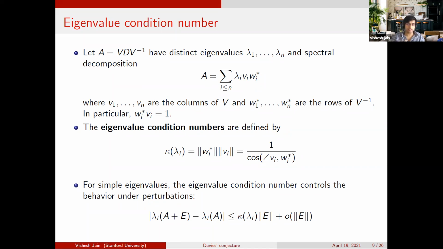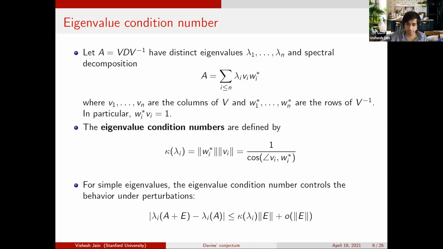of individual eigenvalues. This is a little bit easier to work with, because instead of working with a global quantity where you're trying to say something about the matrix of eigenvectors as a whole, now you have a quantity which is more local, and you're talking about individual eigenvalues. So that's the first reduction: instead of working with the eigenvector condition number, you work with